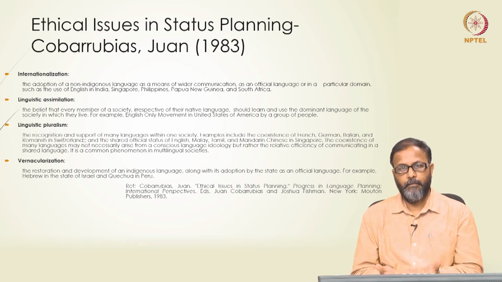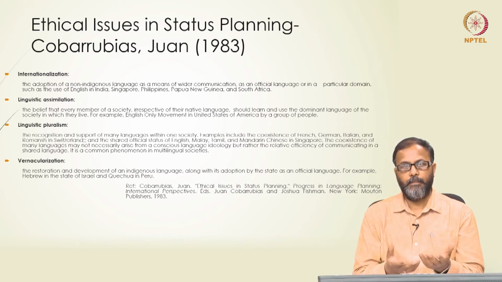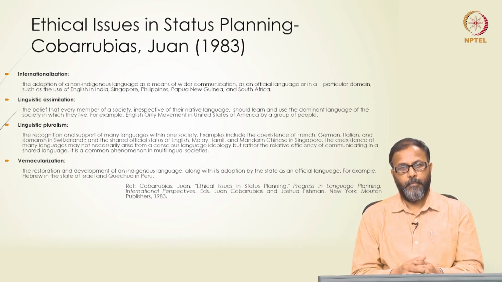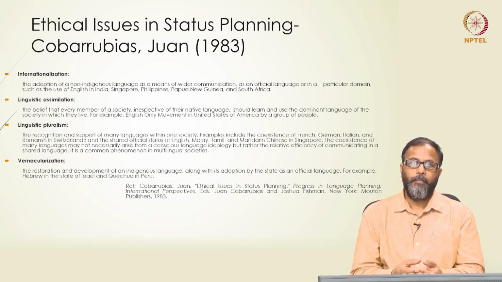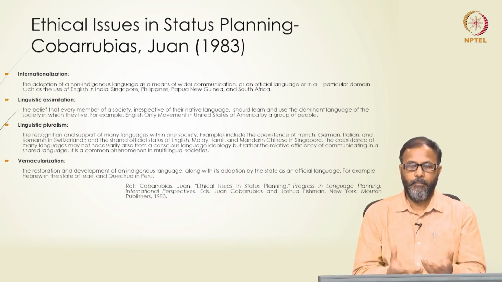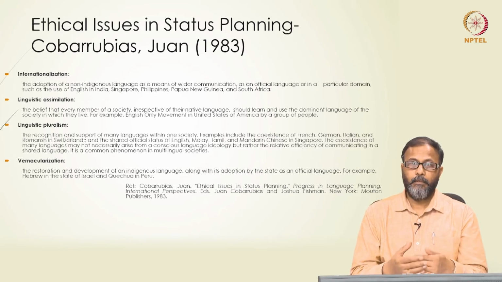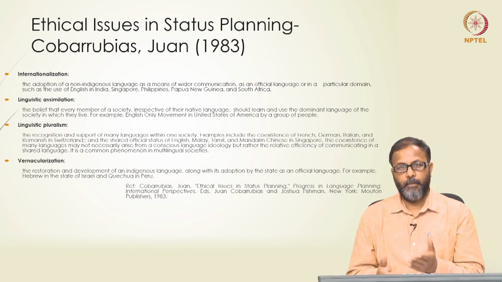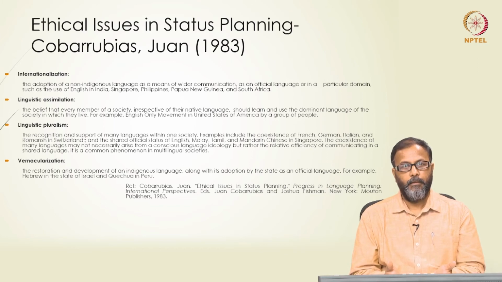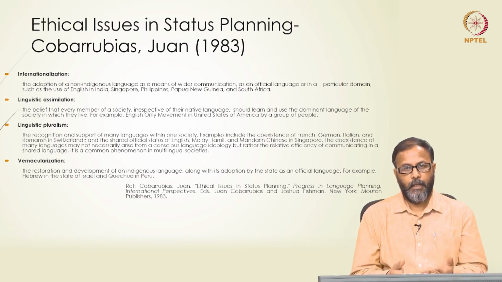So lots of examples in India as well, where the dominant regional language acquired the status of official language. Marathi in Maharashtra, Tamil in Tamil Nadu, Telugu in Andhra. They were all dominant languages used by the vast majority of the population in that particular region, and you can see the reorganization of states where these dominant languages became official languages of the regional or provincial government. It's not the case that no other languages are spoken in Gujarat apart from Gujarati, or in Maharashtra apart from Marathi. There are other languages as well, and these governments are also including other lesser known or minor languages,